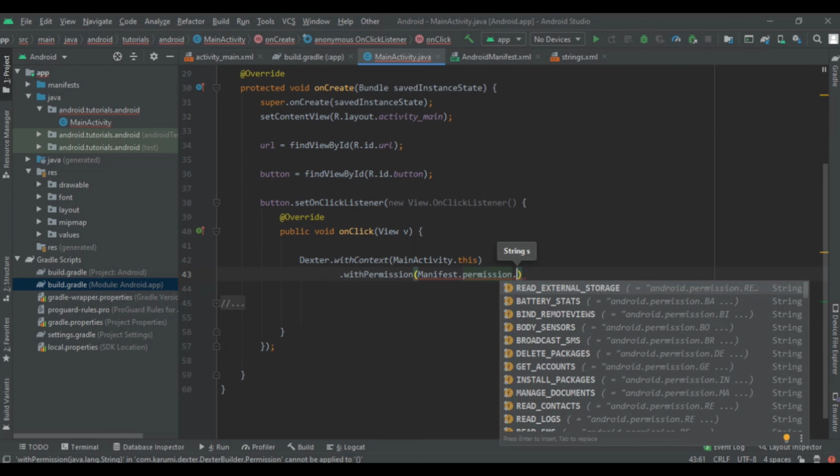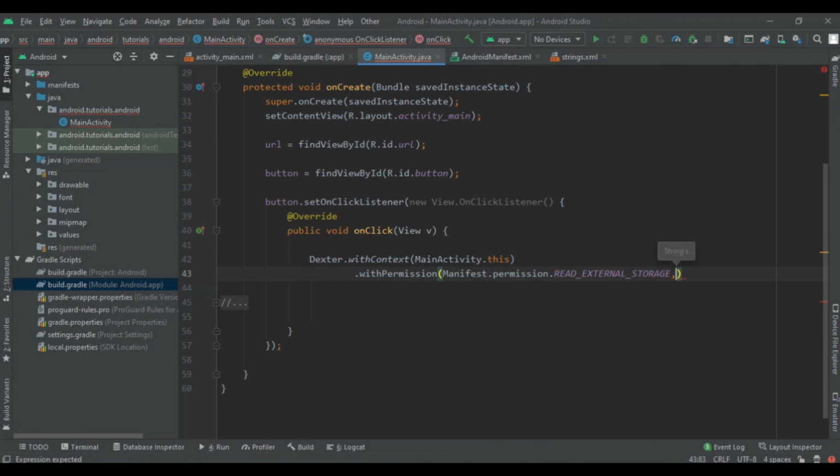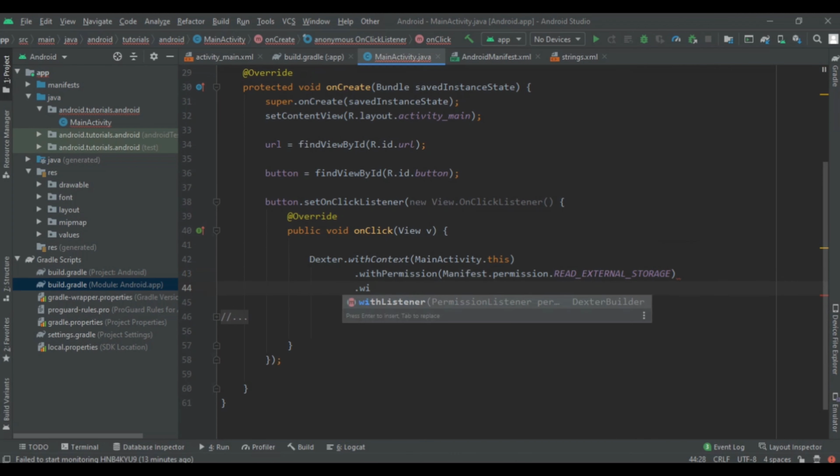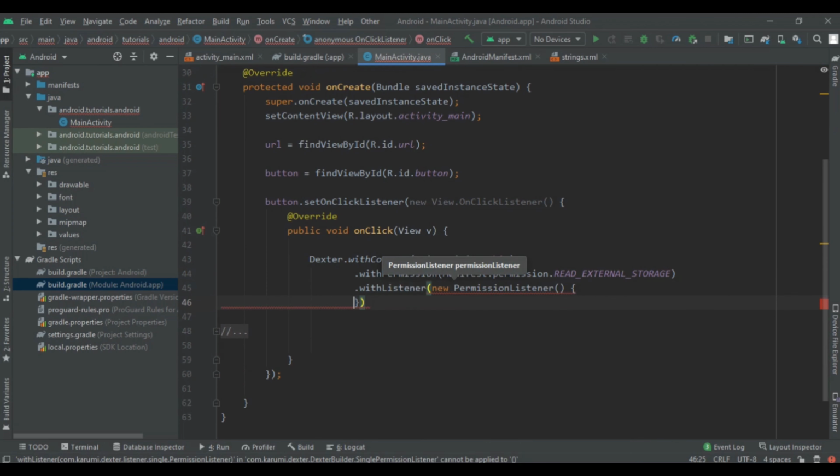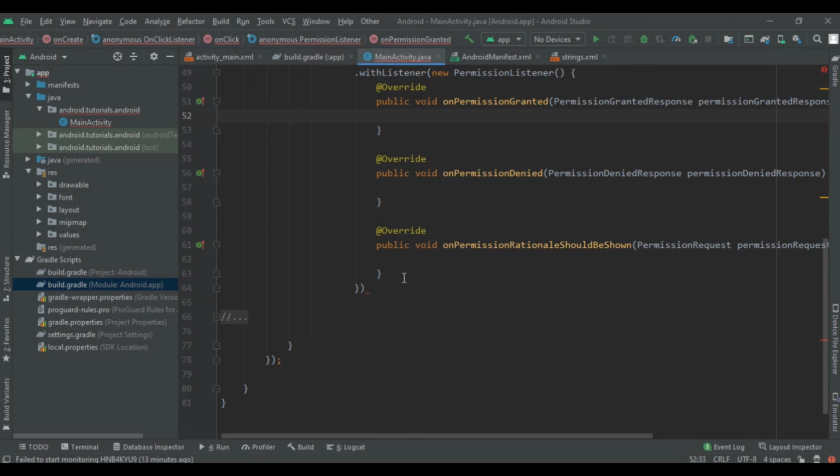After that we are going to use withPermission and pass Manifest.permission.READ_EXTERNAL_STORAGE. A second string will not come, but we can write withListener and then pass a new PermissionListener, and after that we are going to get these three custom methods. You have to just ignore that for now, and I will tell you about all of it later. Write check also.